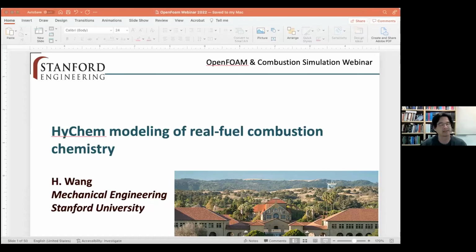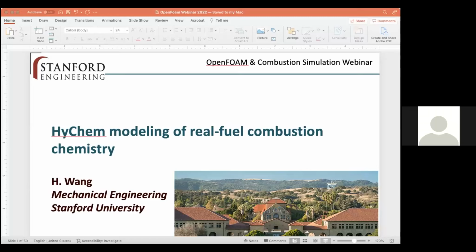So now, as far as this chart is concerned, it lists some of the popular mechanisms. For example, the large range of Lawrence Livermore National Lab mechanism, some of our models, JetSurf, USC Mech 2, and so on. What this chart is trying to show is how the number of reactions depends on the number of species. But the key point I want to draw your attention to is that some of those reaction mechanisms have reached roughly,